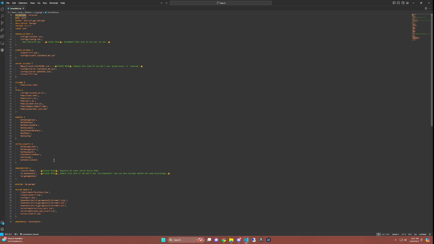The only real change you need to make inside of this file is if you use auxlib on line 11, you need to uncomment this line. And this should be the only thing that you need to do in the manifest if you are using